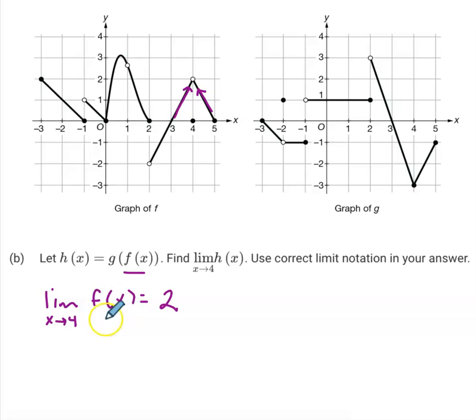All right, this is not where we needed to worry about the one-sided limits. I mean, yes, we need to worry about the one-sided limits in that the limit must exist and be equal from both sides for the limit to exist overall, and that does happen. The real issue is that once we start looking at the outside function, the g function,